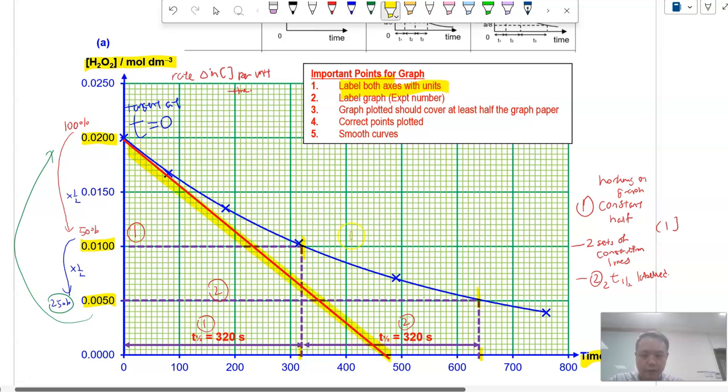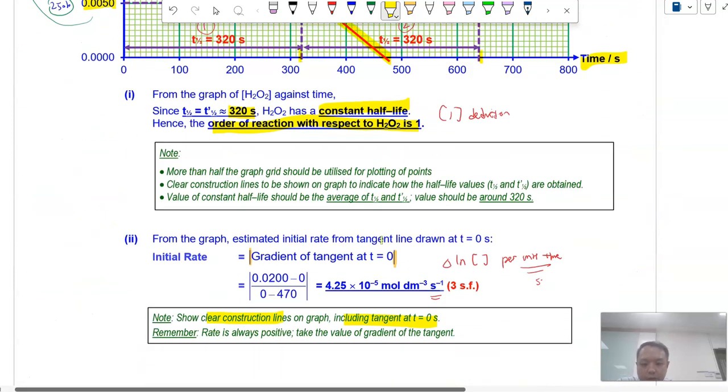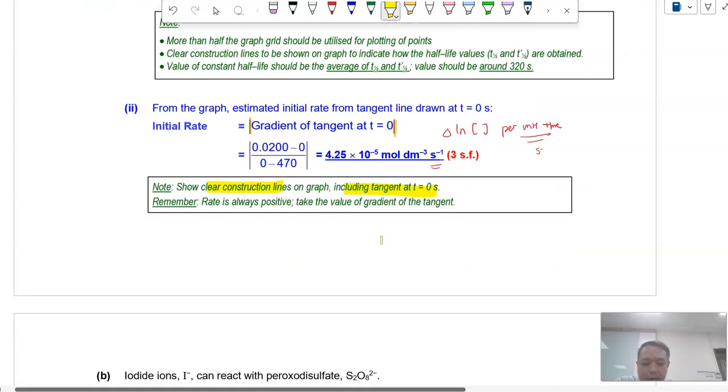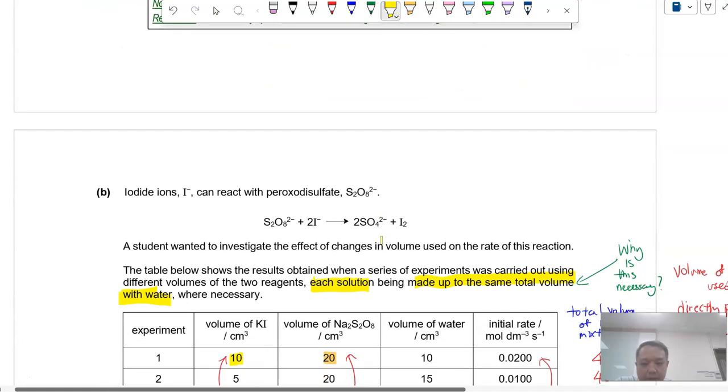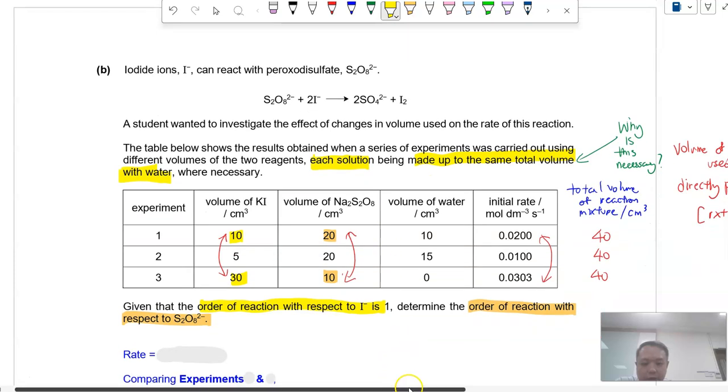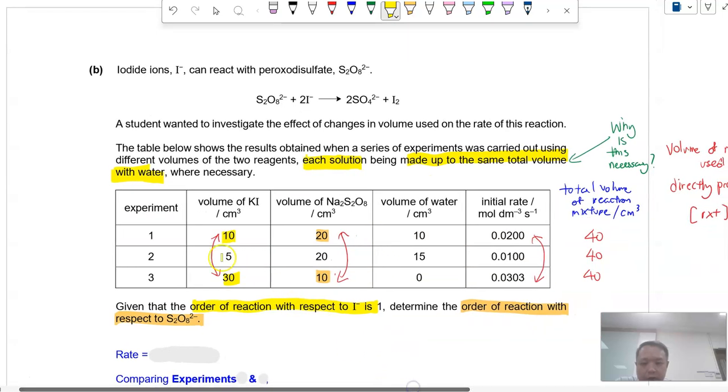Alright, this tangent, the red line that I've drawn. Okay, so that's the first part. We move on to part B. For part B, we have something similar to what we have done in question 1, in which we have a